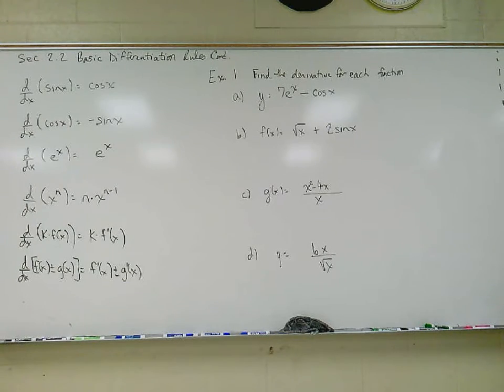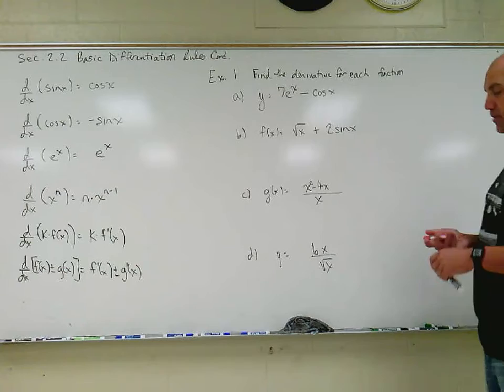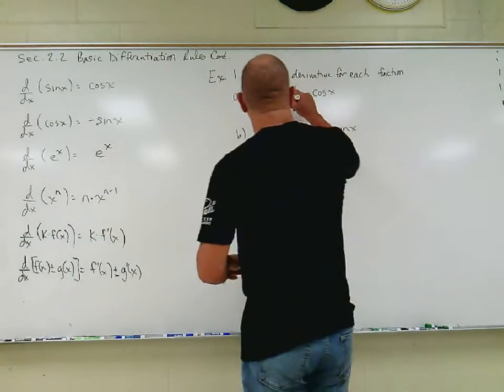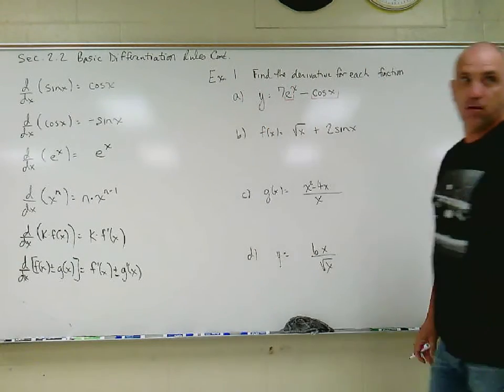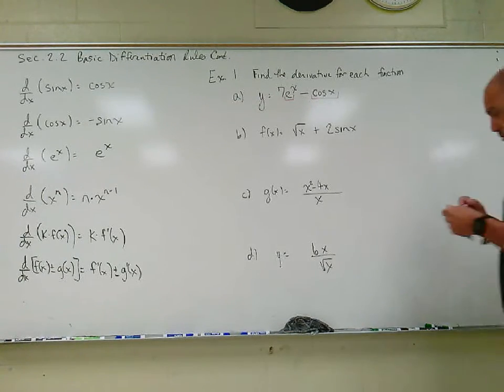Okay, so that's been about a minute, a little bit more than a minute. So let's look at part A and see what we got. Really, all I need to worry about is the derivative of e to the x and the derivative of cosine x. And the 7 multiplies and the negative multiplies. So when I go to take the derivative,